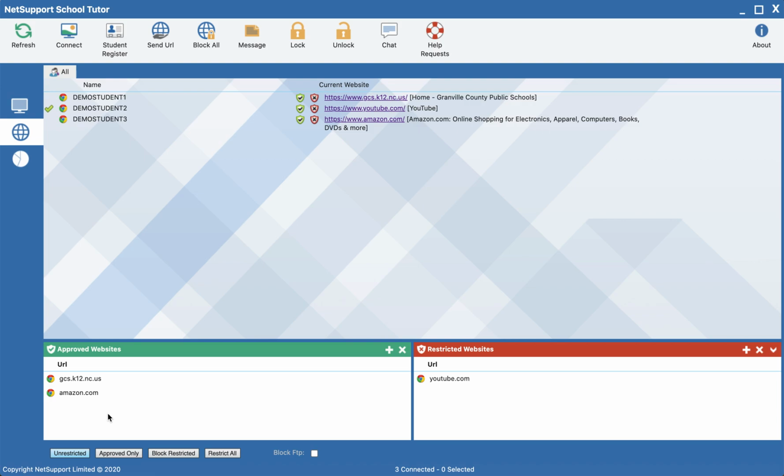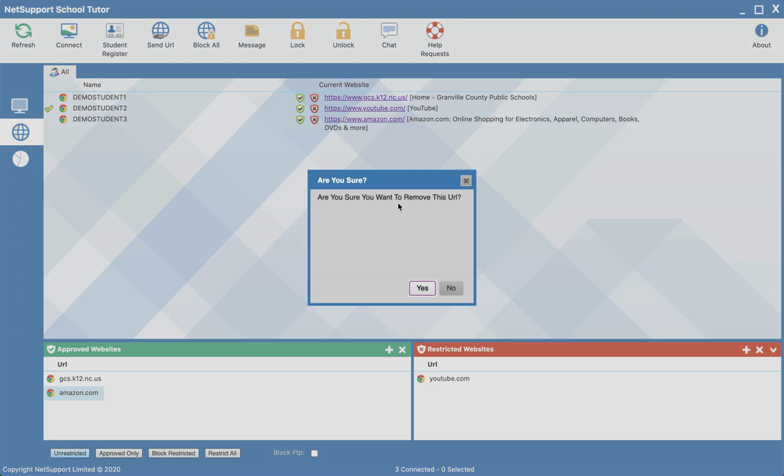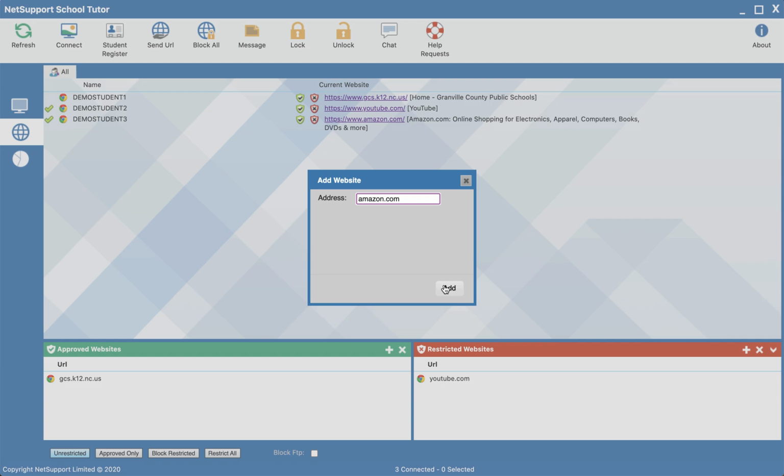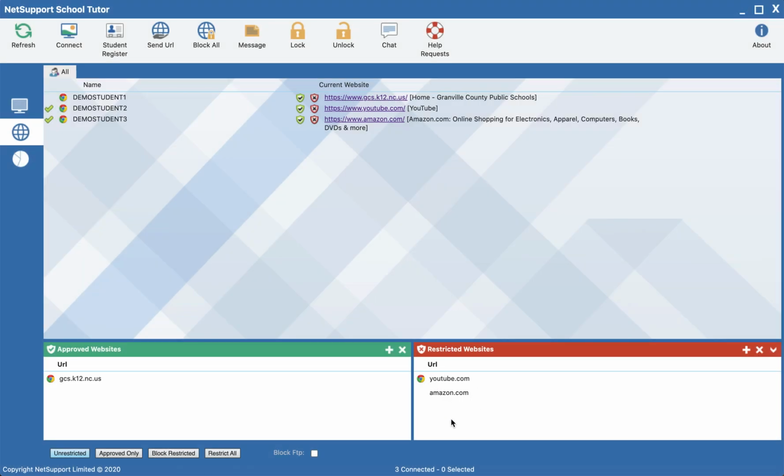Please know that these lists are not set in stone. So if I want to change Amazon to a restricted website for a specific lesson, I can highlight it in the approved website list and select the X in the top portion of this block. It's going to ask me, am I sure I want to remove it? And I can say yes. And then from this dashboard, I can just add it to the restricted website side